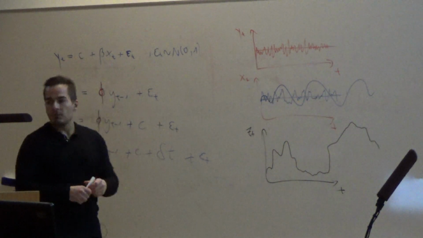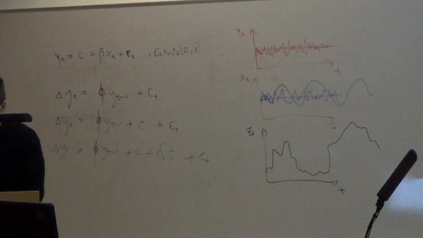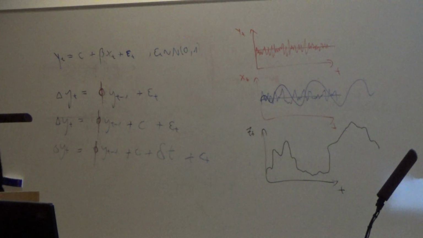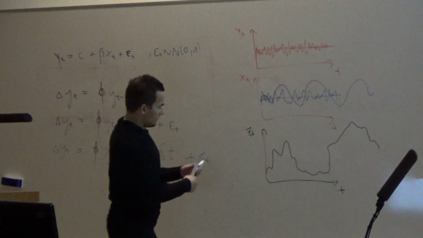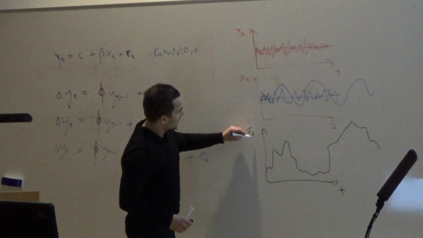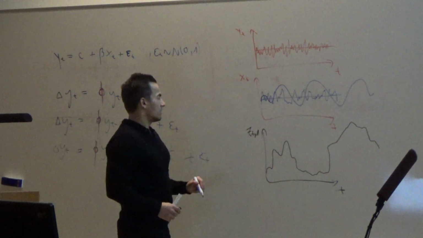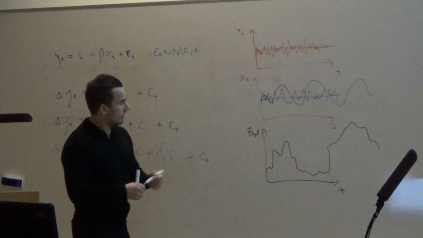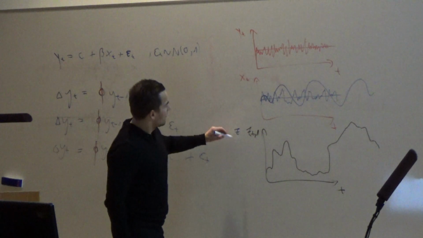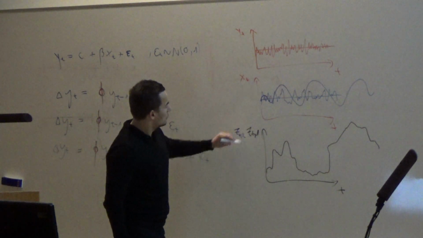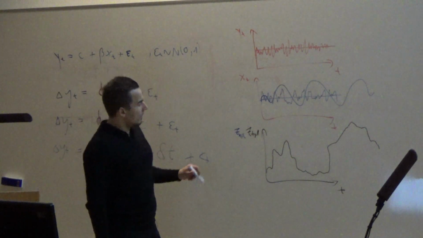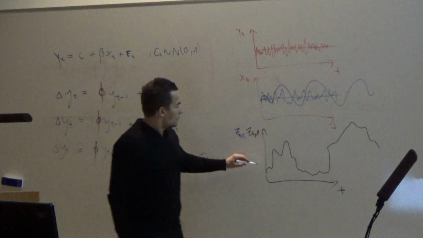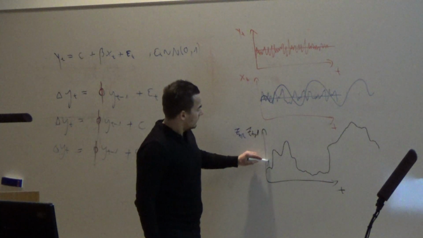So let's say we have a variable, let's call it zt1, and we have another variable, let's take a blue pen here, zt2. If our zt2 would look like this,